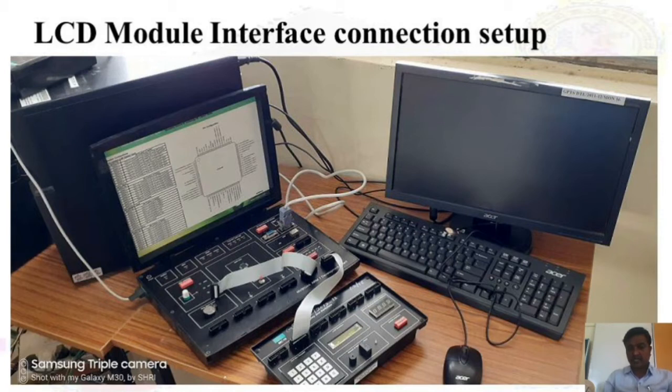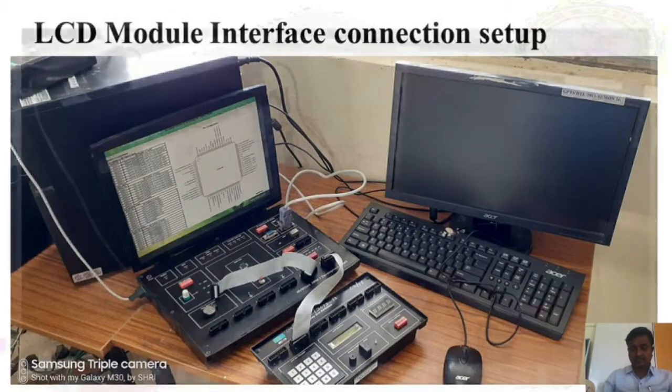Initially we have connected the RS232 communication cable, then power supply from 230 AC voltage to the ARM7 kit using the power supply NV5004A, and this is the MC10 display and switch module, and these are the two 20 pin FRC cables as shown in the diagram.